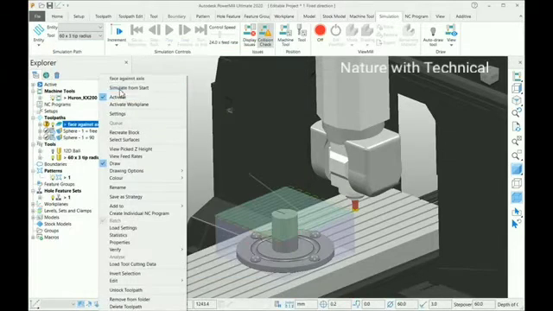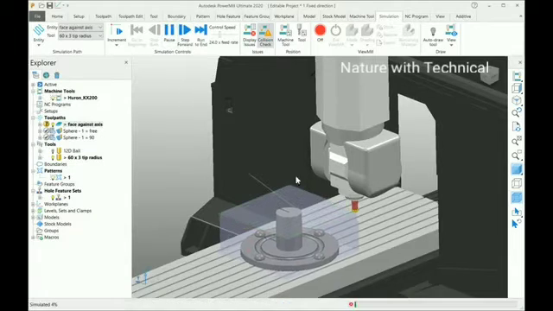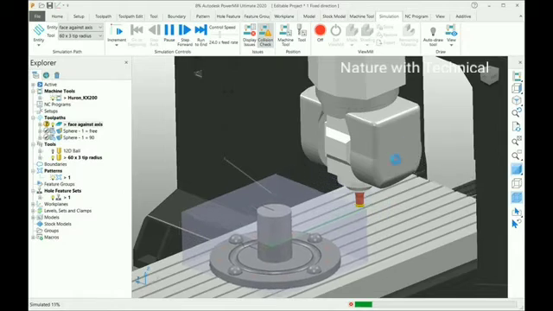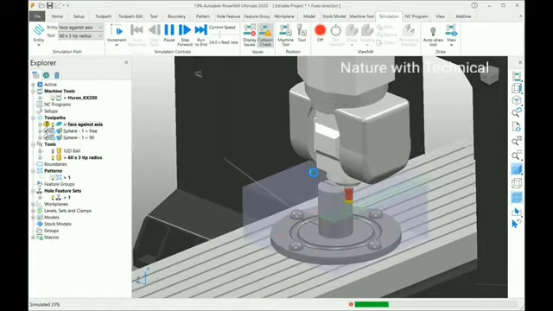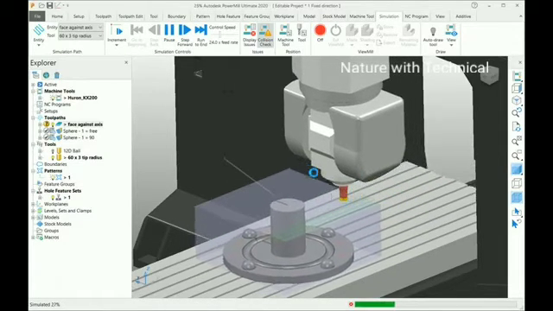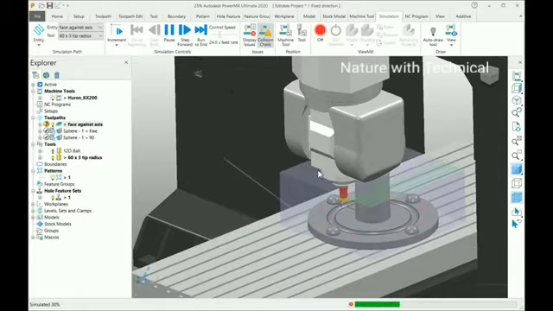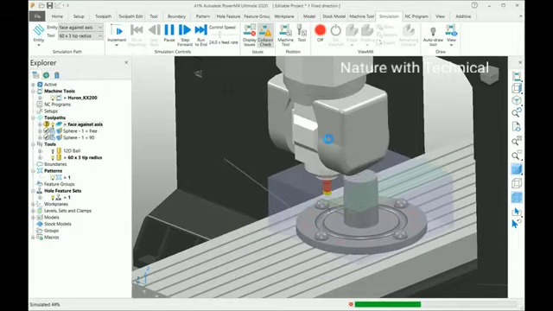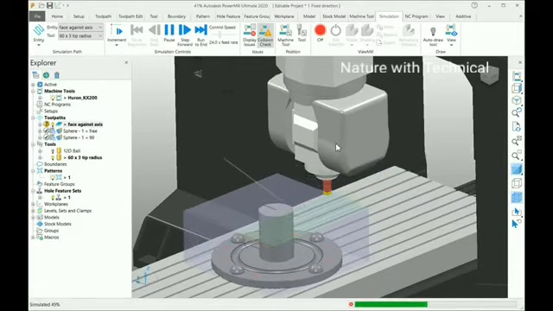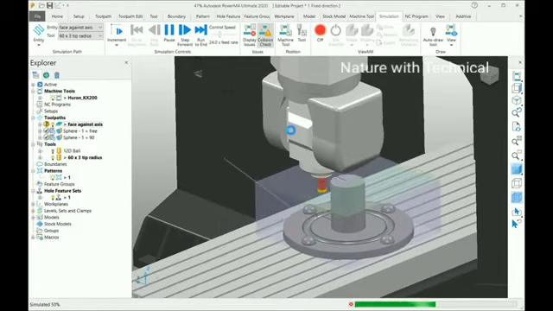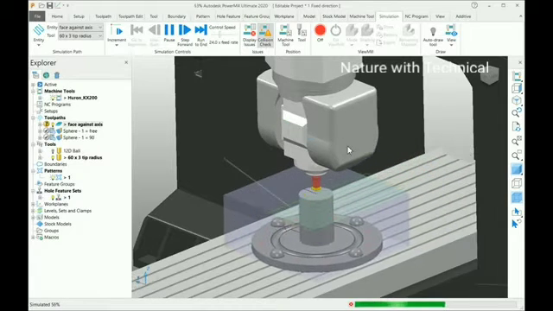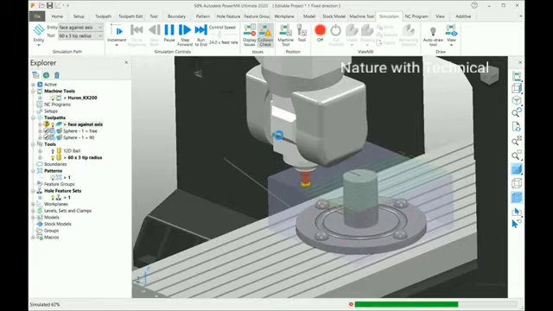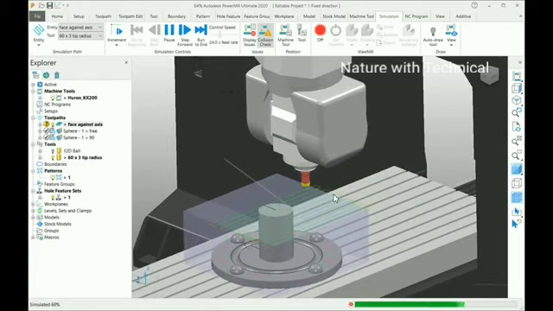If you look at the simulation of this particular toolpath, the toolpath flows in the same direction as the rotation of the B-axis. That means there are chances of the tool load acting on the B-axis, as it is a rotational axis. So what we can do here is rotate the C-axis and make the pinion of this particular B-axis parallel to this flow. Now it is perpendicular to the toolpath flow.